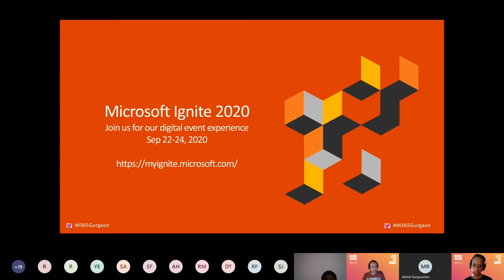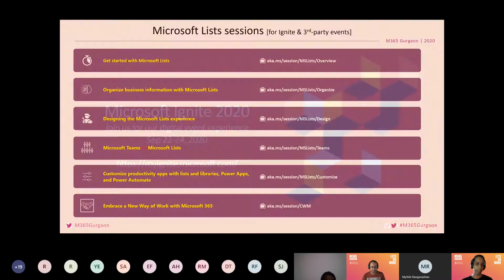I just want to call out there is an event that is coming, which is Microsoft Ignite. It's a really important event for a lot of enterprise products from Microsoft, and you will see a good number of announcements and more details into some of the features beyond what we covered here today. So definitely plug into some of the sessions that would be relevant to you. And here is just a quick summary of different list sessions.